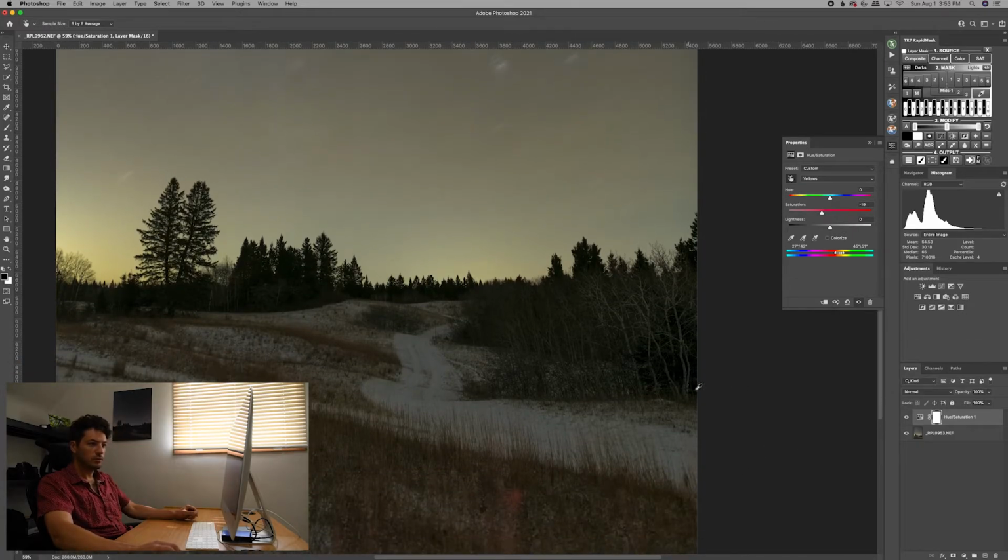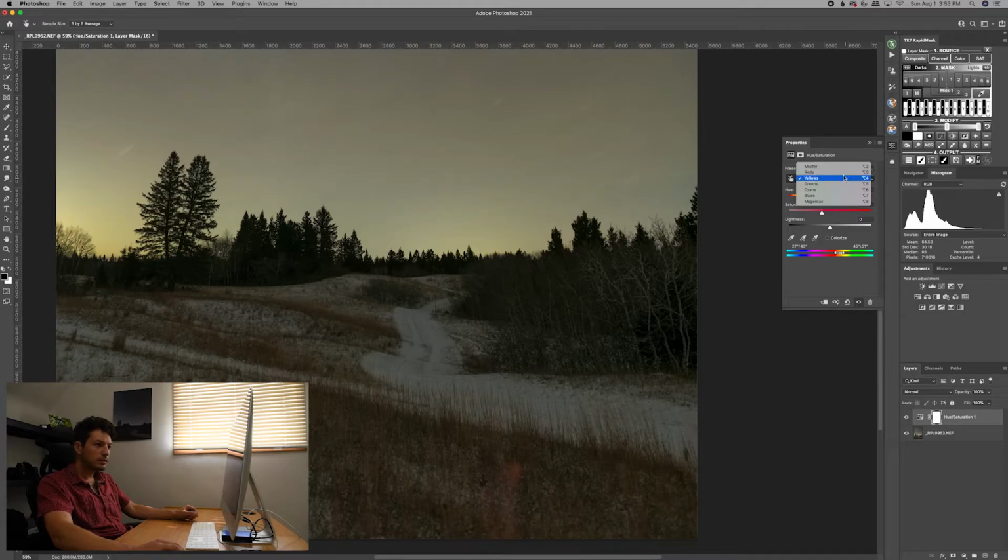If we need, we might be able to grab some reds, maybe, from a little bit of this side here. Okay, let's get rid of some of those a bit. If we want, we can change that hue a bit, and now that blends in a little bit more. So if we just hit the before and after on that layer,